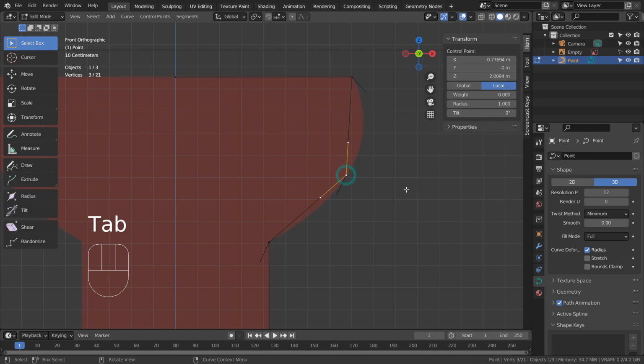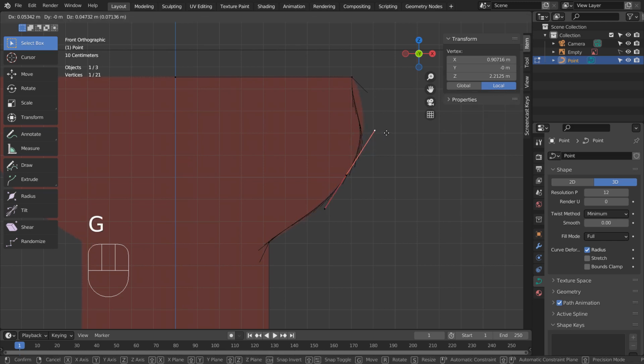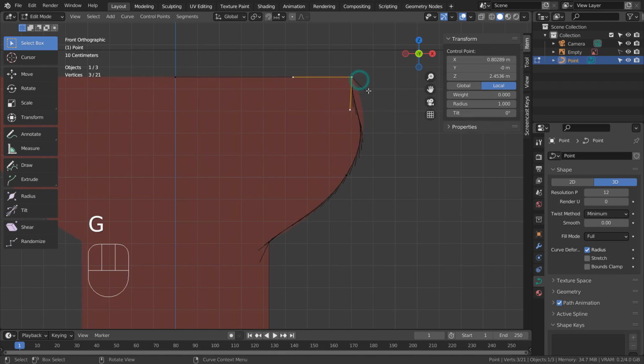Select this sharp point, and type V as in Victor, and A to smooth it. Now we can use the handle to create a smooth shape.